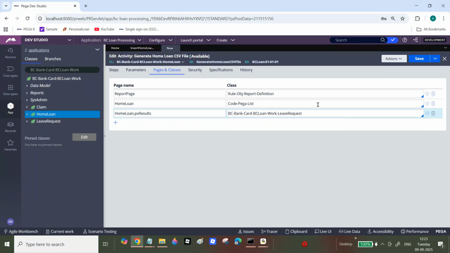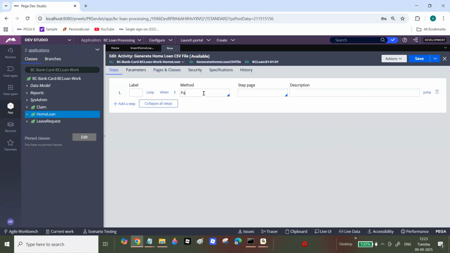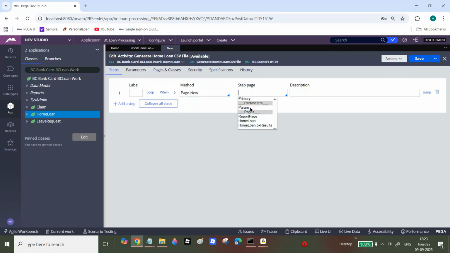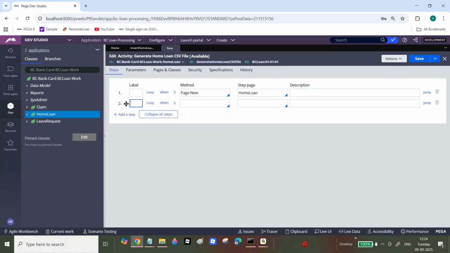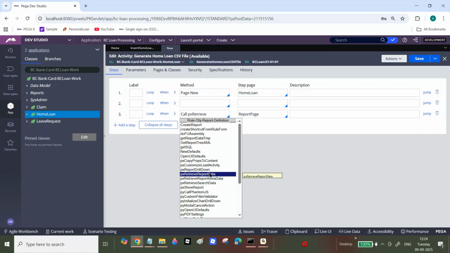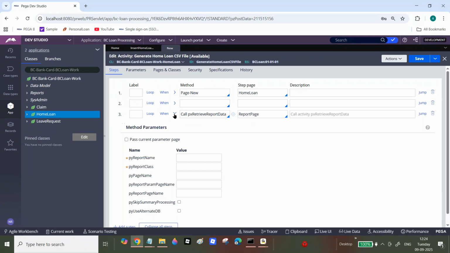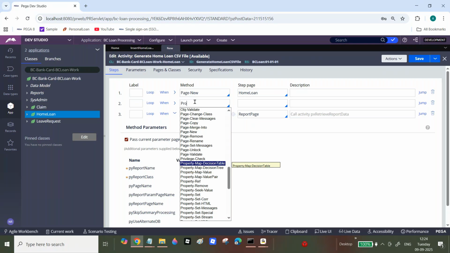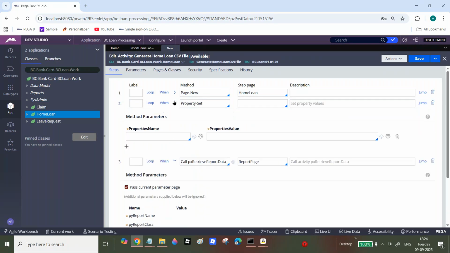Okay, fine. Next, what will we do? Now create a page. Here you can see, the home loan page. Use this one. Call pxRetrieve. In previous classes we discussed how we can call a report definition in an activity. You can check the checkbox. Use the property-set method and pass the parameters: Param.pyReportName,